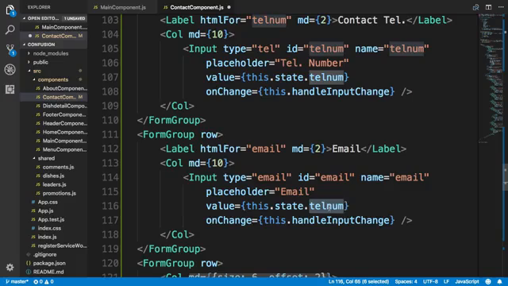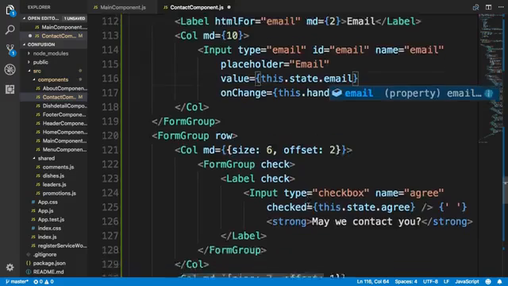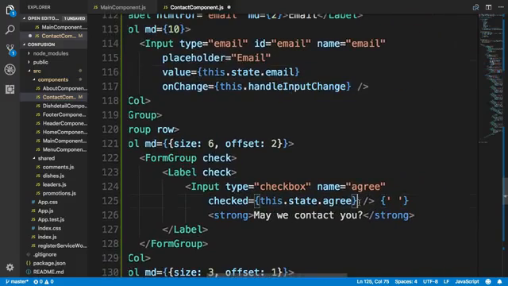Oh, I forgot to change that to email. So if you notice any errors in the way your form is behaving, it could be that you might have forgotten to change these values to reflect the correct value here. So that is one place where you can go and look to see if that is where you made a mistake. For the checked here,